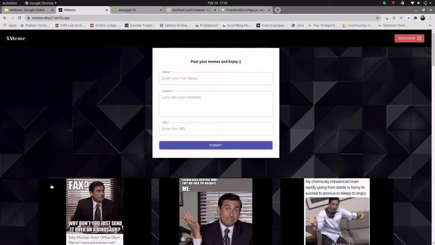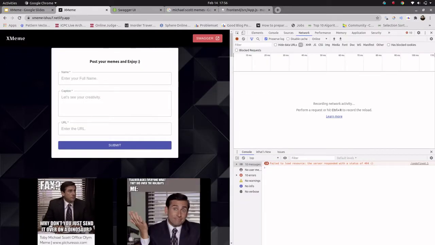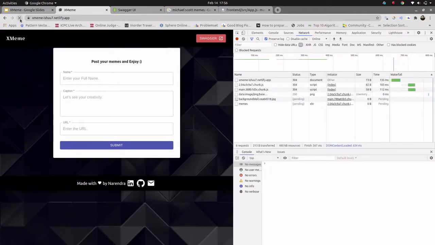So these were all the basic functionalities which we were supposed to build in our project. Let me also show you how my front end is communicating with my backend. In my front end I have made an instance of Axios, which is making the requests to the backend.